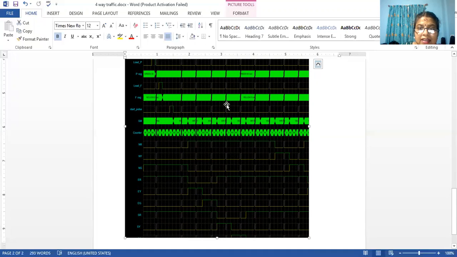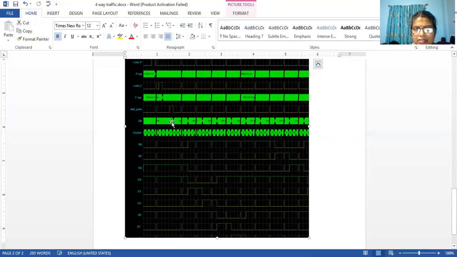Here yellow is 3 seconds, here yellow is changing to 5 seconds, here green is 30 seconds and here green is 60 seconds. So the initial value of the load P register is 30 seconds and the yellow is 3. So green will be high for 30 seconds and yellow will be high for 3 seconds. That is what we programmed. If you see here in between, you can go and change the value. You have seen the policeman changing it, right? That is what is happening.